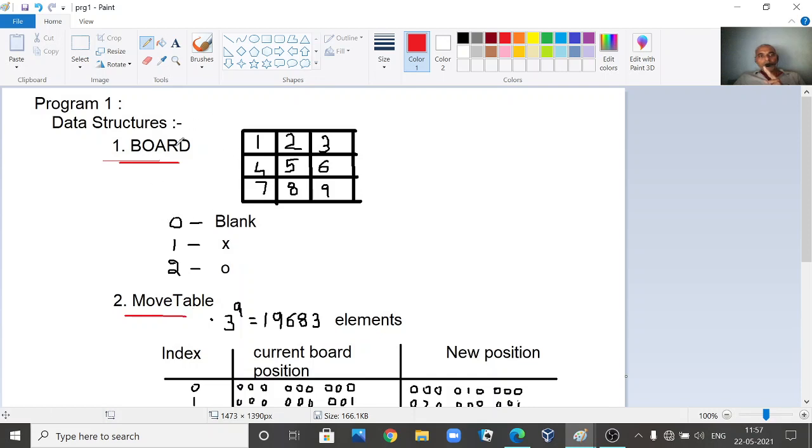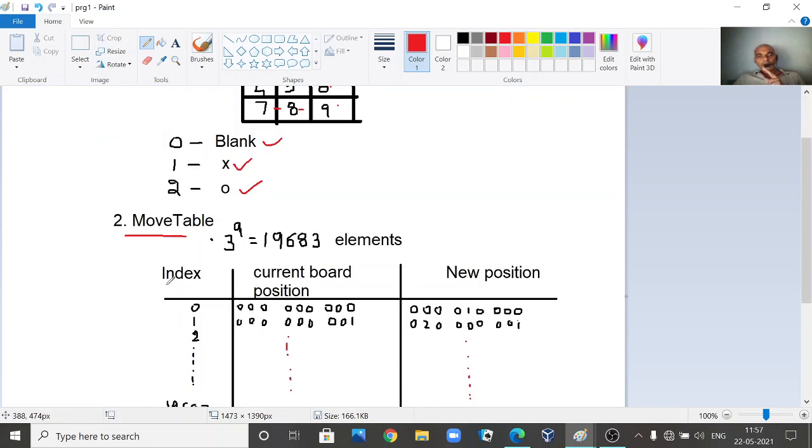Now how are we configuring our board? We are saying that the board is a 3x3 array or 3x3 vector. This has the positions 1, 2, 3, 4, 5, 6, 7, 8, 9. Now in this 3x3 vector, we are using 3 numbers, 0 for blank, 1 is used for x and 2 is used for o. This is the first data structure.